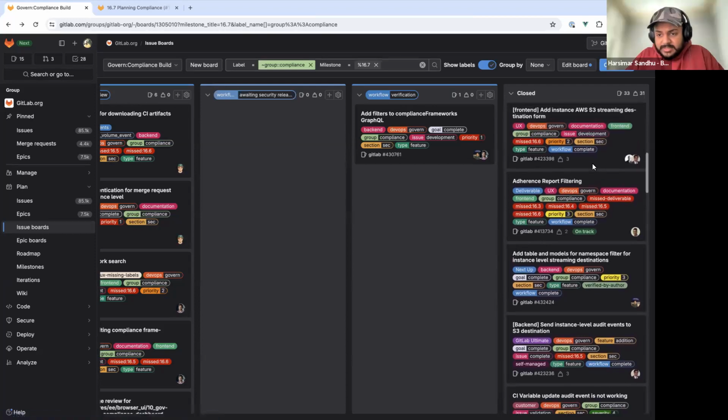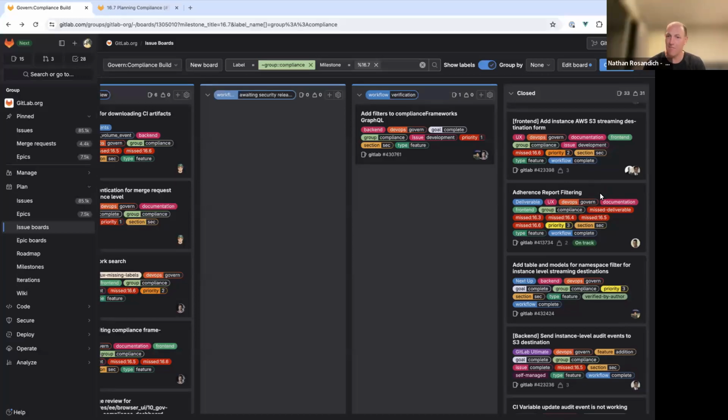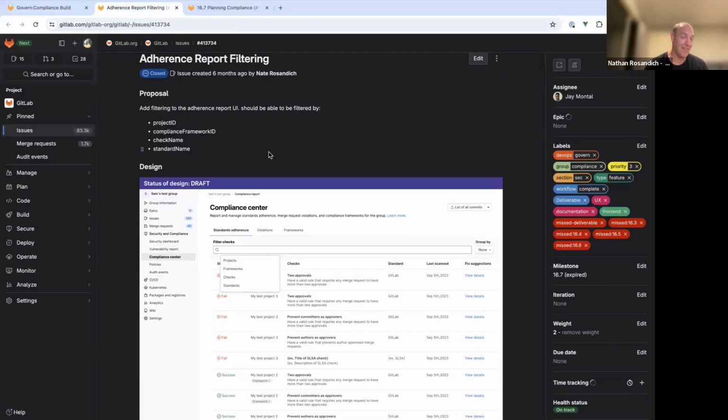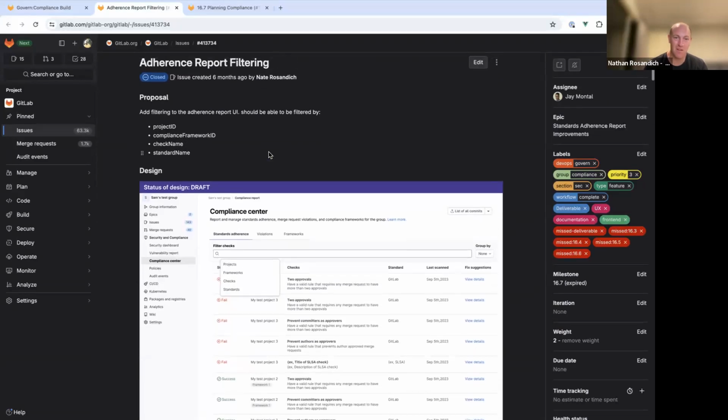Jay is not with us. It's the adherence report filtering. Anyone has any idea about it? Yeah, I ended up verifying this one. In the compliance framework report, the adherence report, there's now filtering by those 4 different things.